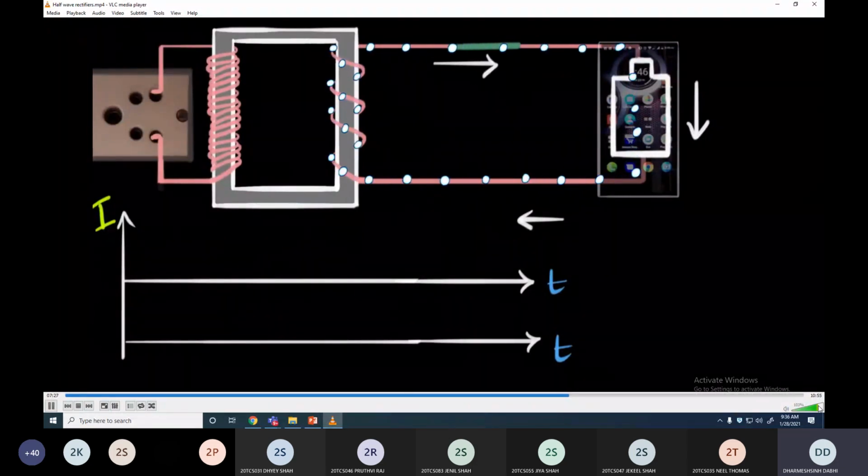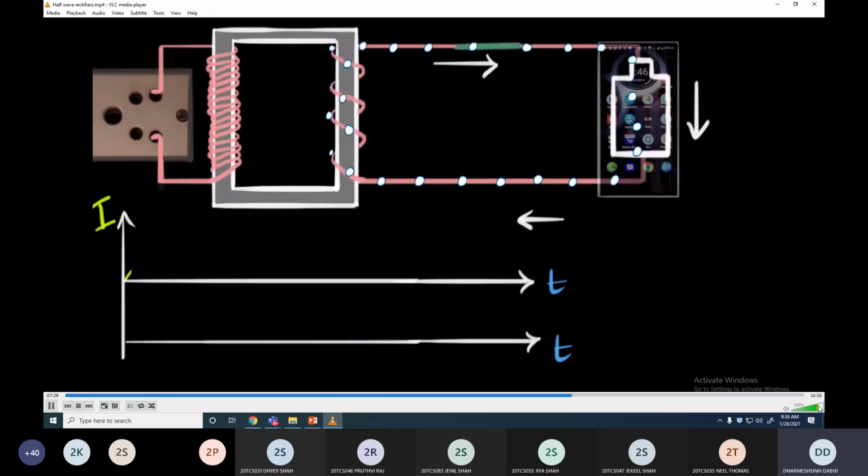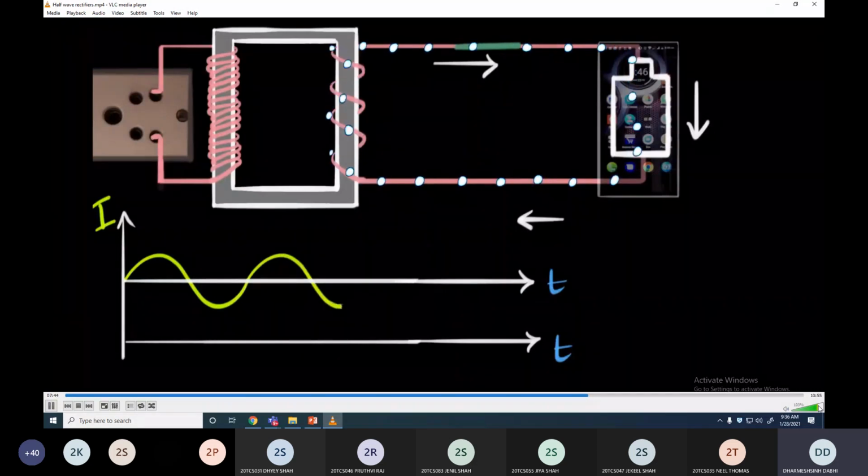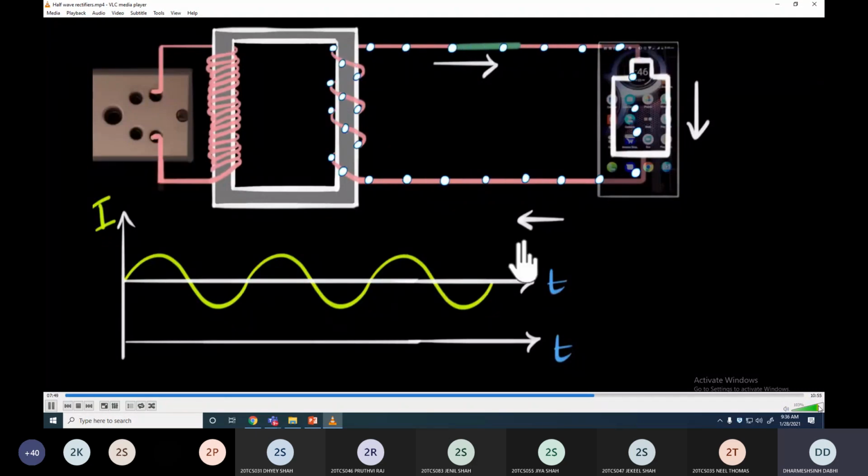Well, in that case, when the current is flowing in the clockwise direction, the current increases, becomes maximum, decreases, then goes to 0. Then the current starts flowing in the opposite direction, becomes maximum, goes to 0, again clockwise, anti-clockwise, and so on. You may have already seen this before, but this is alternating current. Okay, now let's see what happens with the diode on. So imagine we just close the switch now. What do you think the graph will look like? I want you to pause the video and try to think about this graph yourself.